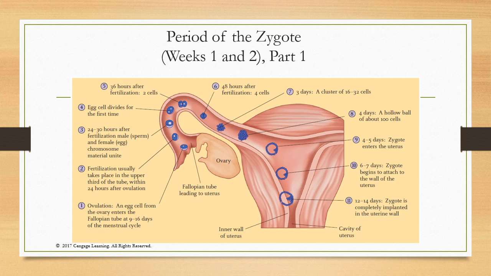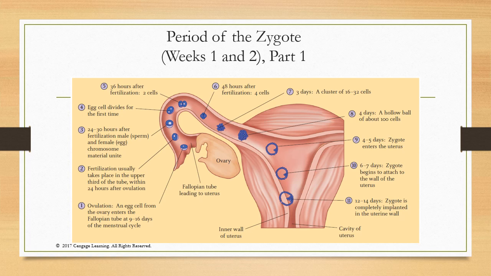And then after 3 days, you start to form a cluster of 16 to 32 cells. And then at 4 days, you're going to see there's a hollow ball, and there's about 100 cells. So it's very rapid. Your body's starting to make those cells. Days 4 to 5, the zygote enters the uterus. So you can see now it's ended its journey through the fallopian tube, and now it's going to start